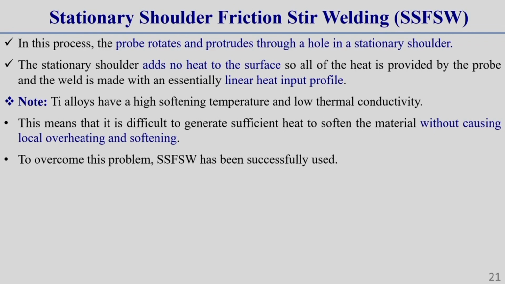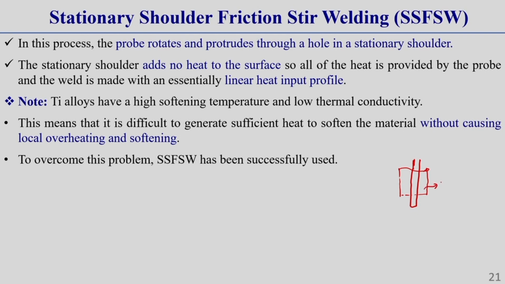This is called the stationary shoulder friction stir welding process. In this process, the probe is rotated and protrudes through a hole in a stationary shoulder. In this FSW process, that means the stationary shoulder friction stir welding process, let this be the tool pin and this is the shoulder. Now, you see this tool pin is protruded through a